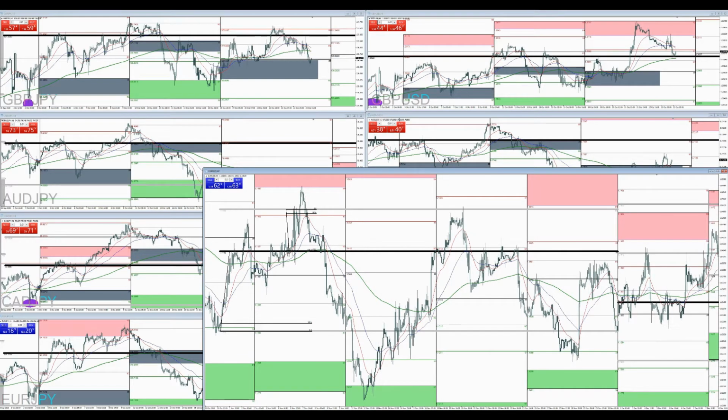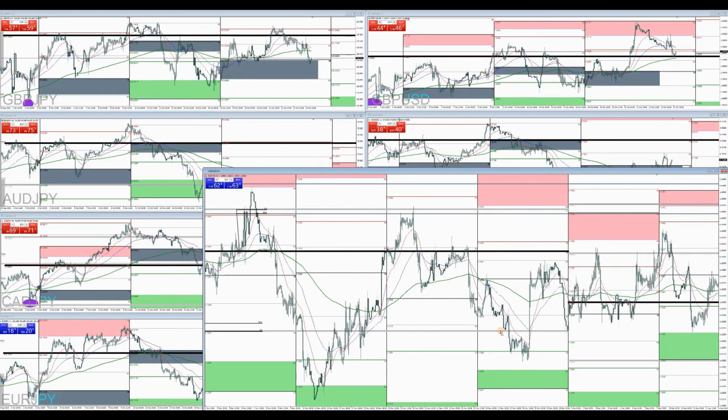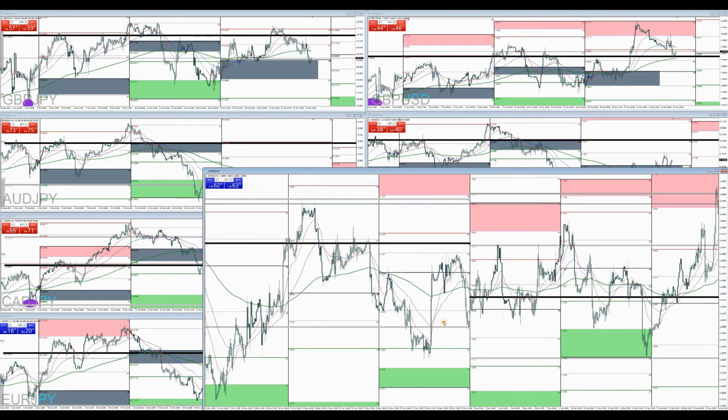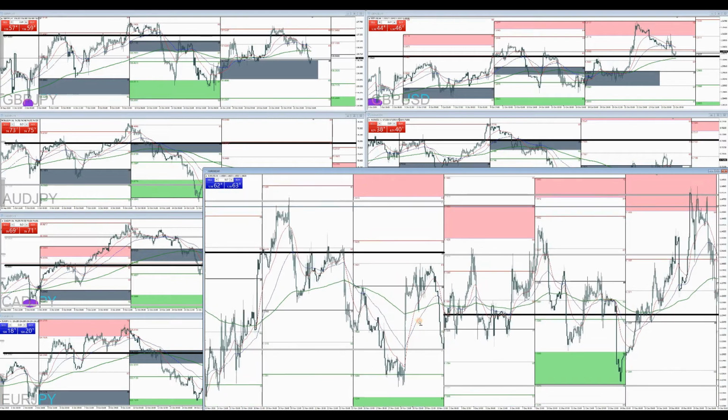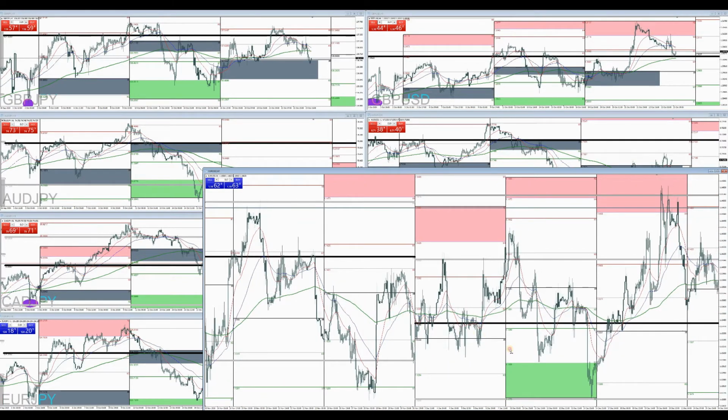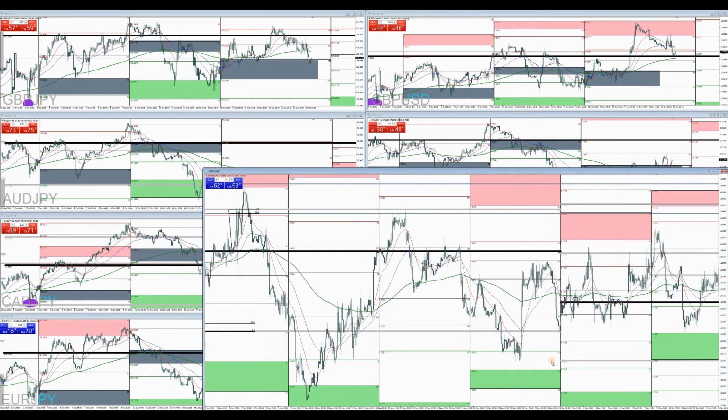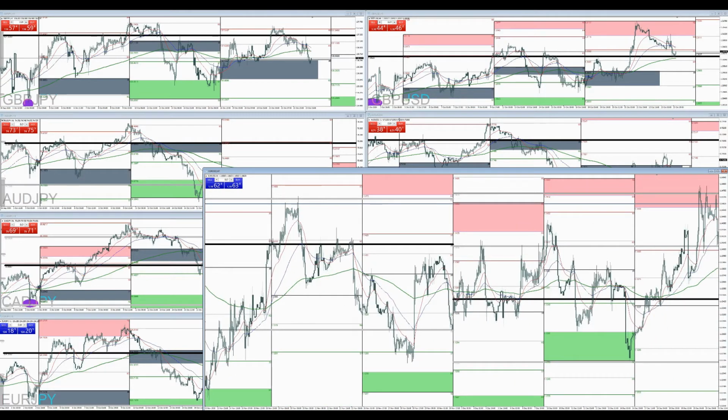So I want to mark my entry here and my stop. So I got my entry here and I jammed my stop right here. Let's see if I would have held on what we have. Okay, I do have an aggressive target reached. Unfortunately, this is going to be less pips if I would have held on for longer, but this would have been good for